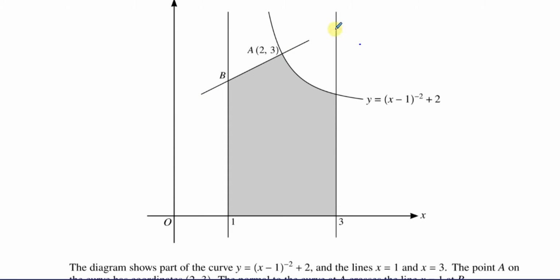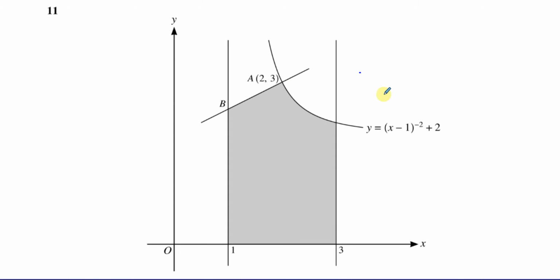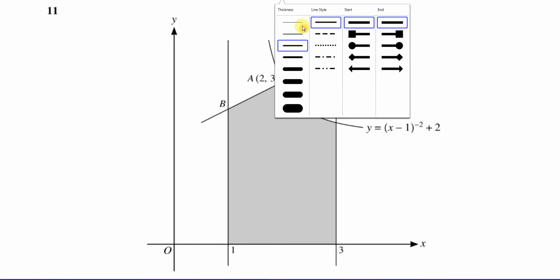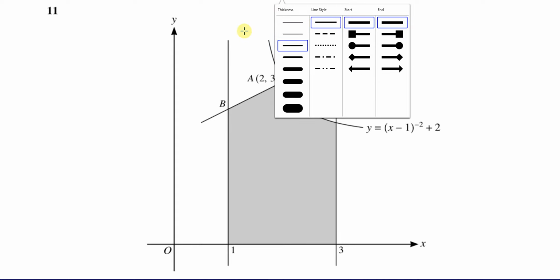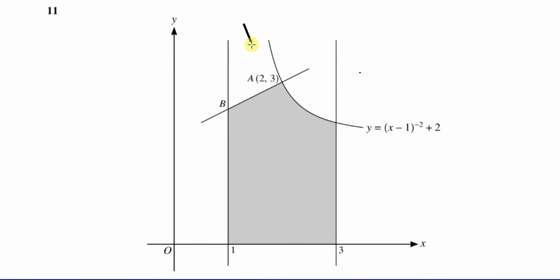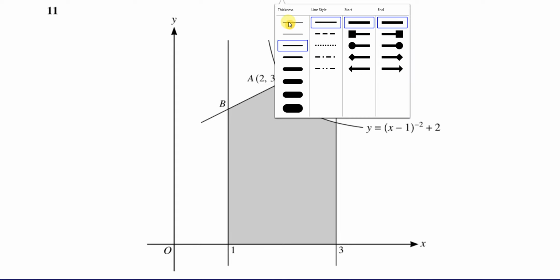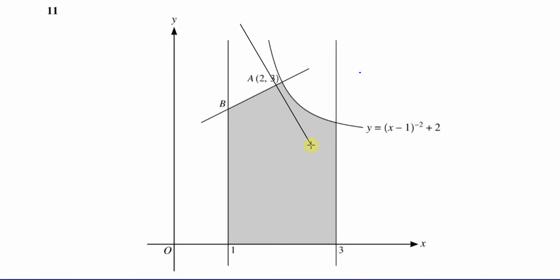So we've got to find the equation of the normal to this curve. Now, what does it mean by normal to a curve? Well, the normal to a curve is basically a line which has a gradient which is perpendicular to the tangent to the curve. Okay, so for example, if I draw a line here at a tangent to